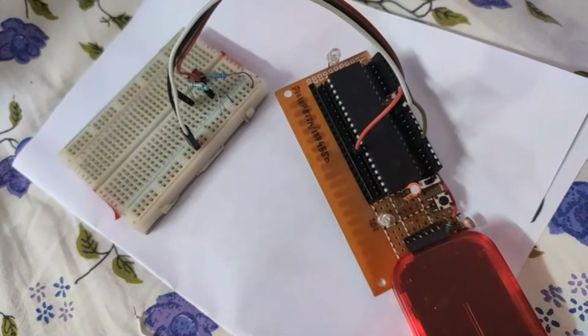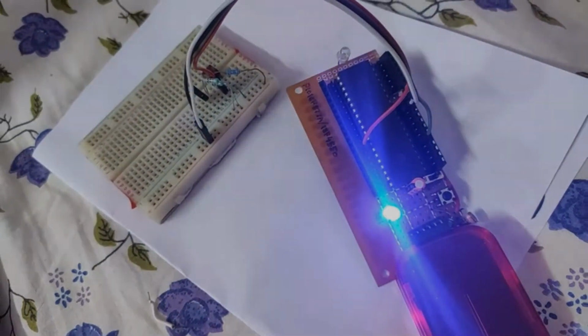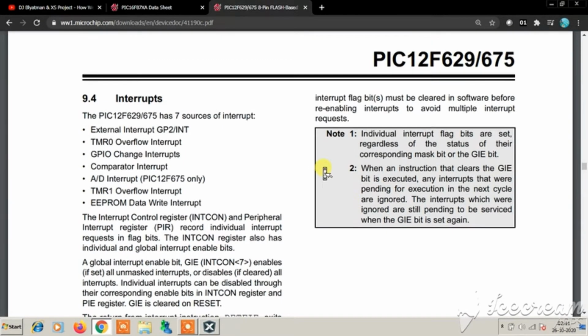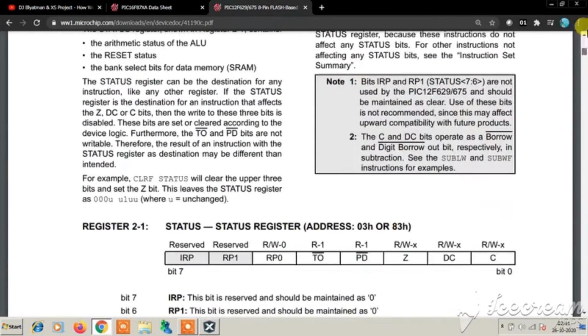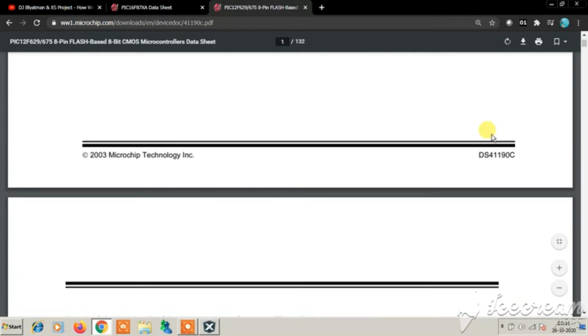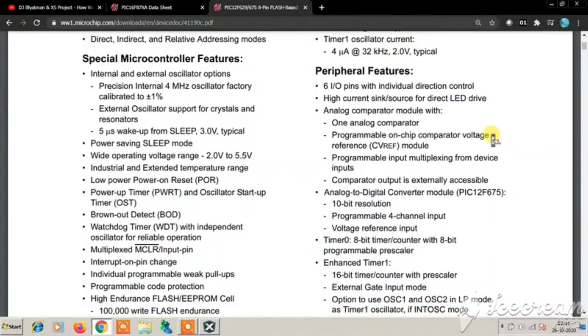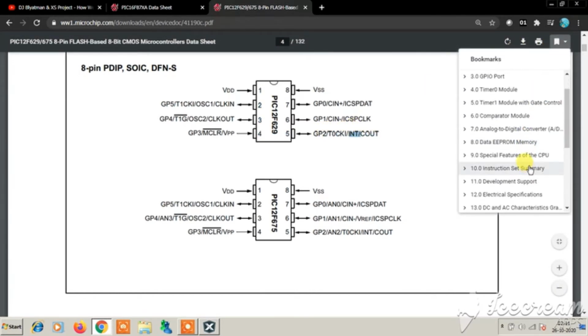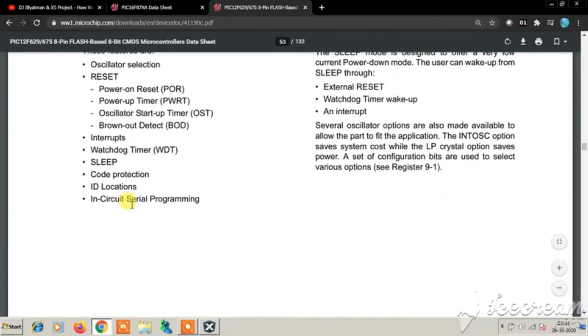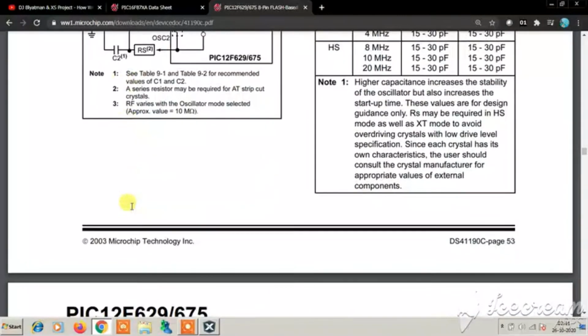Now we will be looking at the PIC12F675 interrupts. So I hope you found the first portion using the PIC16F877 interrupts useful. After using that, we will now be using the interrupts inside the PIC12F675. If you move on to the very beginning of the datasheet here, you can see that this microcontroller has the INT external hardware interrupt at GP2. You can see here. So here also, if you move on to the special features of the CPU, after moving below, you can find the interrupts section.